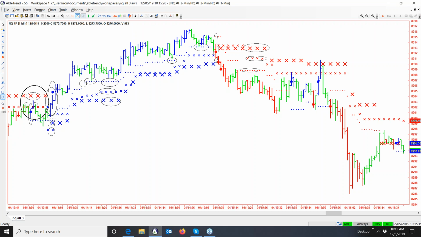So we just kind of wait, that's the optimum place to get in. So this is what we call a no trade zone, as I mentioned before, because even though the 1 minute says, oh, there's a blue bar and blue dot, no, you have to have triple confirmation. Blue bar, blue dot, blue X. Must be triple confirmation. If there's any red X's above, no trade. The same way we don't go short if there's blue X's below. Like right here, we didn't go short. Why is that? Still had a blue X right there. But we could go short there.